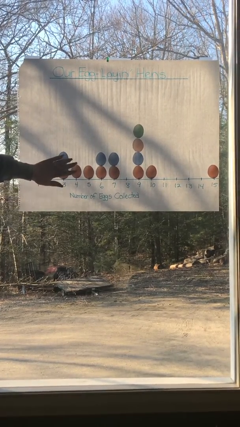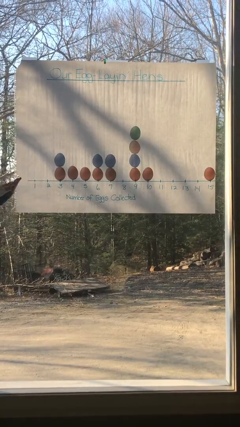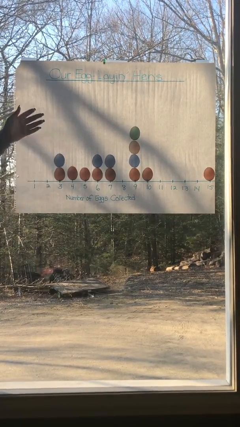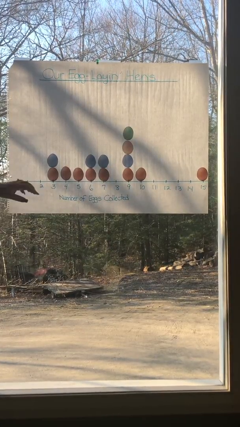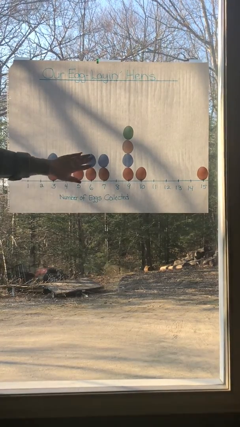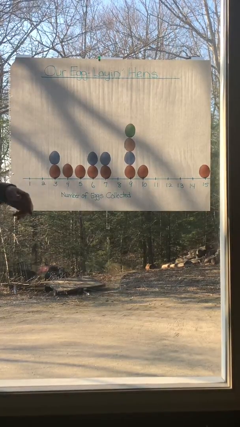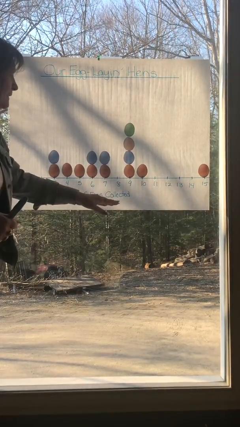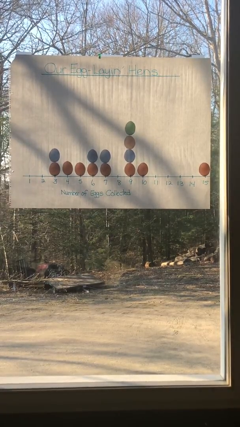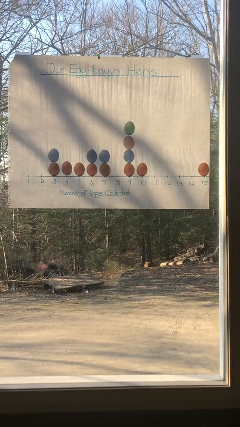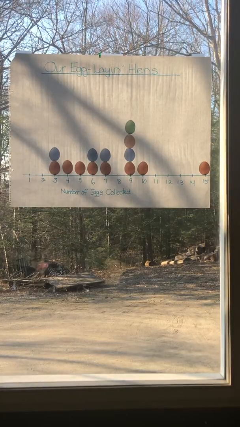So, this is our chart. This is our line plot, or again, some people call it a dot plot. And this is the final copy of what it's going to look like. You need to remember that the number of eggs stands for the number of days that amount of eggs were collected, so number of eggs collected. And then if we were to have an axis over here, this would be the number of days that amount of eggs were collected. So maybe I should put something in there. Our egg laying hens,